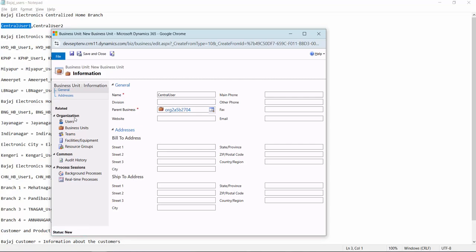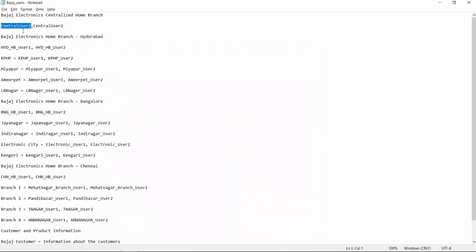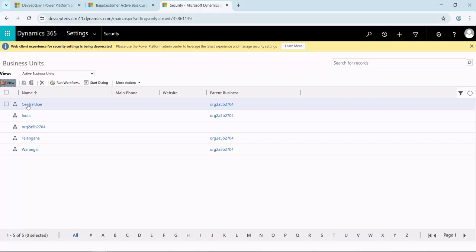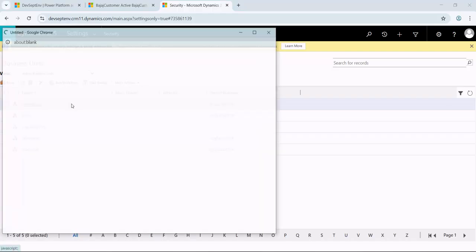If you want, you can add users also. That is secondary, later also you can add it. That is a different thing. So now I have created central user, save and close. Next, Bajaj Electronics Hyderabad home branch users. You can create like home branch user 1, home branch user 2, or you can create like that too. So this is the central branch user. Select it,